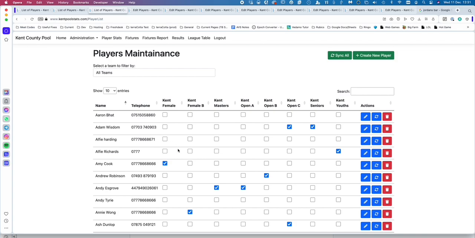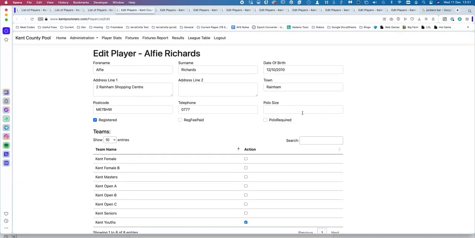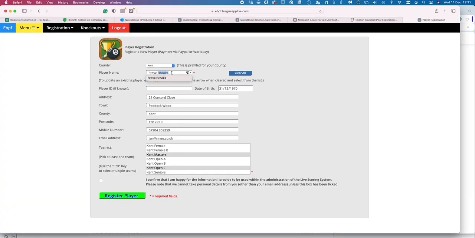So what have we done to correct it? Well, there's a few things that need to be addressed. Alfie Richards is a good example where I think we've put a fake date of birth and this address. If we go and look at Alfie Richards on the EBPF site, you'll see that he's in the youth team and this is his details and that's his date of